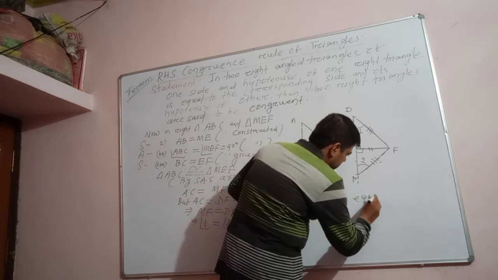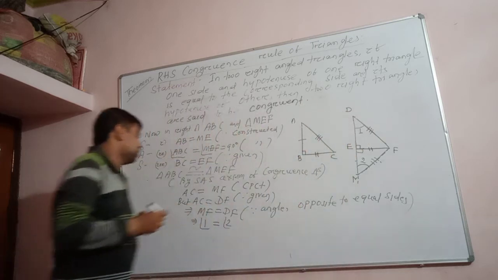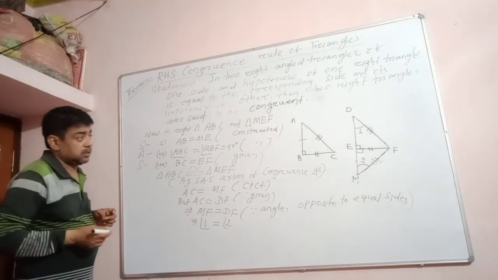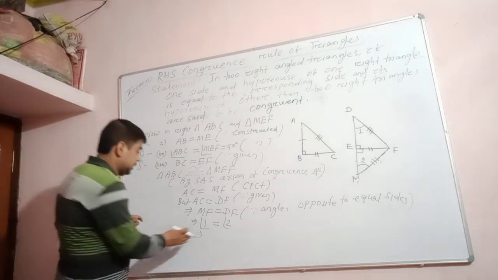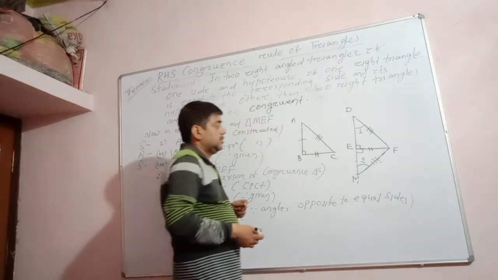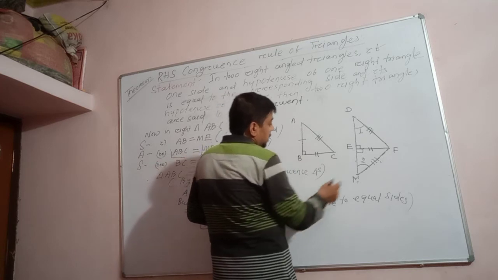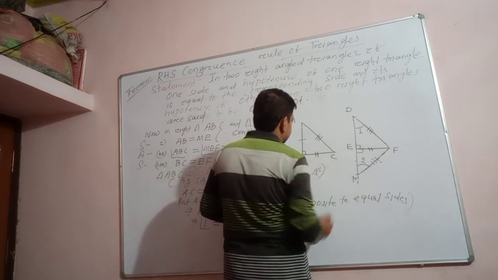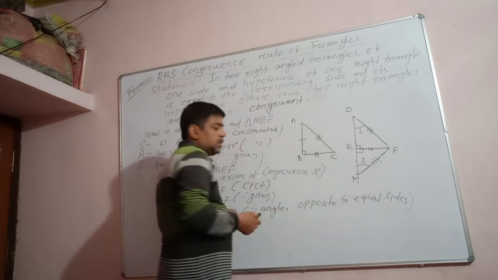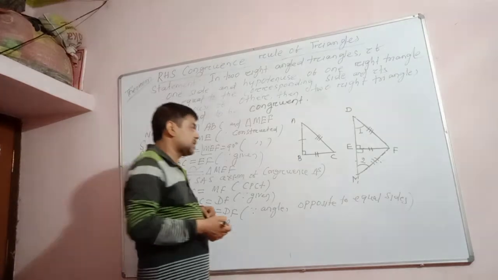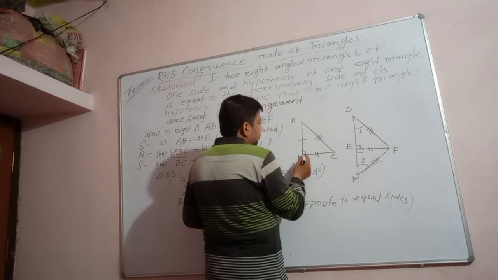Angles opposite to equal sides are equal. So if one angle is equal to 2 angle, naturally what will happen? See, if one angle is equal to 2 angle, but what is given? See, in the triangle ABC, congruent triangle MEF, so their corresponding sides are equal, corresponding angles are equal. So EMF angle must be equal to BAC angle.